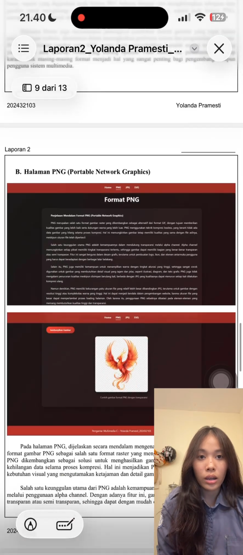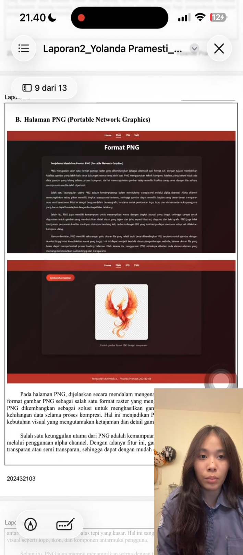Next, on the PNG page, I explain that PNG is a raster image format that uses lossless compression. This means the image quality remains intact because no data is lost during compression.